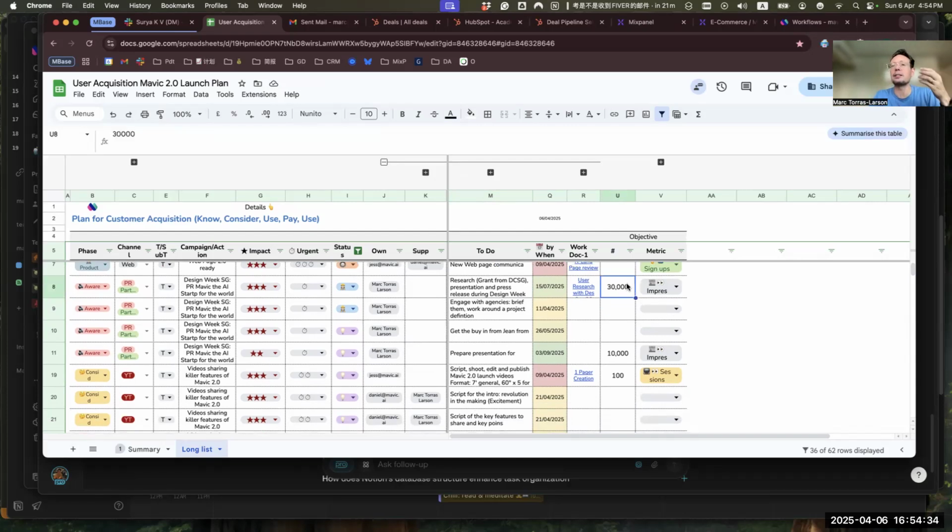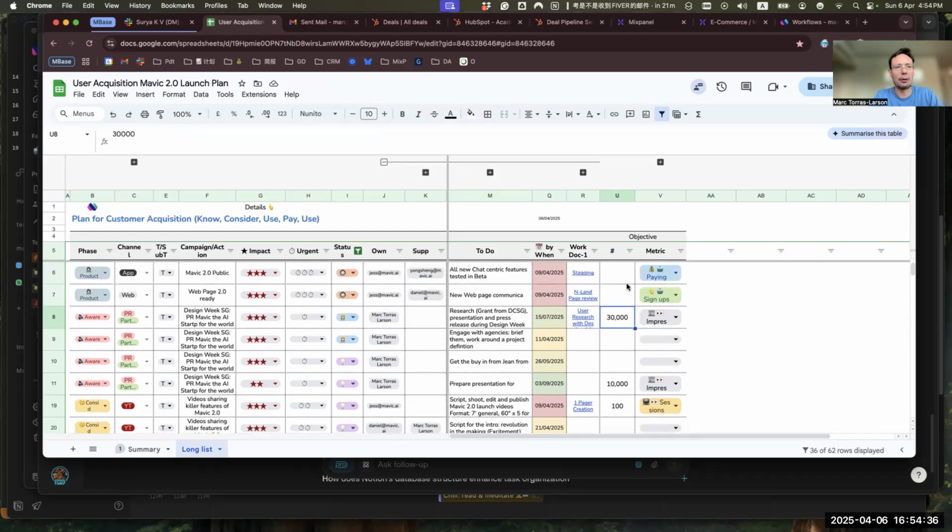Why is this important? Because eventually we will be ranking stuff. Now, I think it's too early to ask, hey, what's the impact of this? For example, paying customers is much more important than impressions. Here, given that the app is used by, I think, 200 paying customers, this is the most important metric. I could even create a column here that calculates their revenue, money going into the bank thanks to this activity. I'm not going to do it right now because we don't have that much content. But if we do, that's the idea behind this.